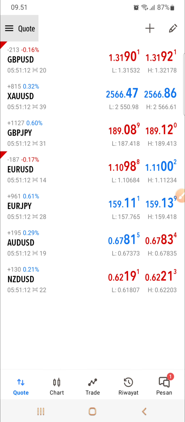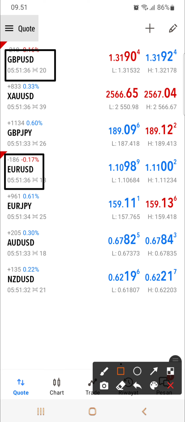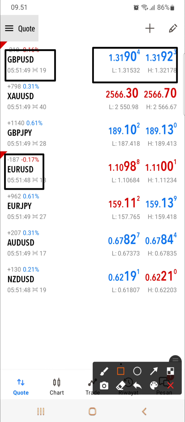Maybe this is new for some traders, who must be thinking that euro dollar is very slow for moving up or down, but I don't care about that. For me, euro dollar is only for locking my position in pound dollar. Even if euro dollar is not big enough for moving up or down, it's very different from the pound dollar. Look at this one.